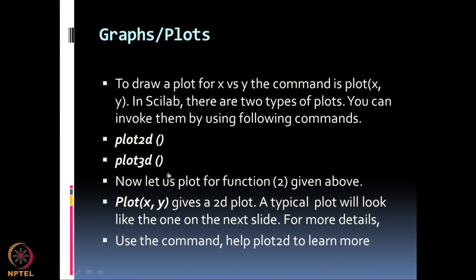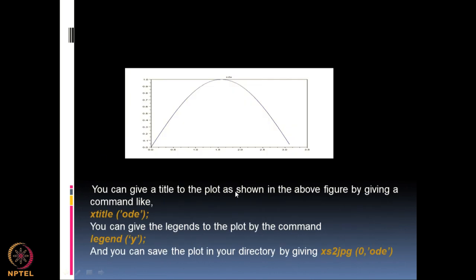Okay. So, let us take the simplest example. Normally, we need these 2D plots. What does a 2D plot do? You have a variable x along the x axis, you have a variable y along the y axis. So, the plotting command is very straightforward: plot(x, y), it will give you a 2-dimensional plot. Okay. An example of this plot is given in the next slide.